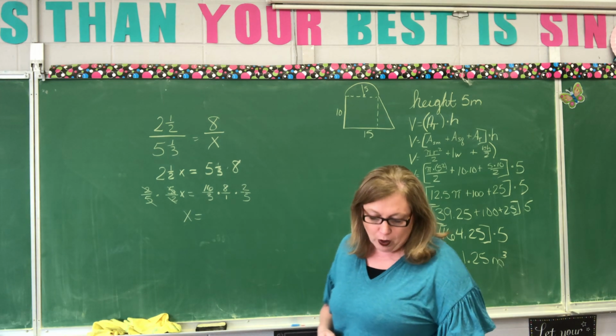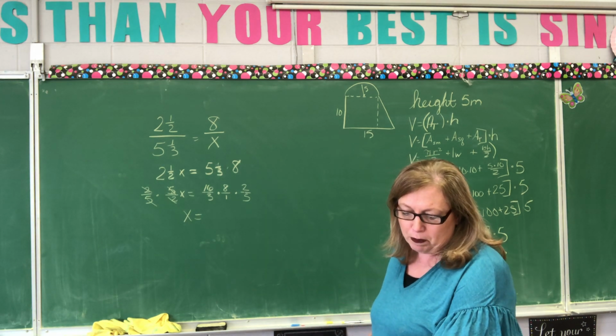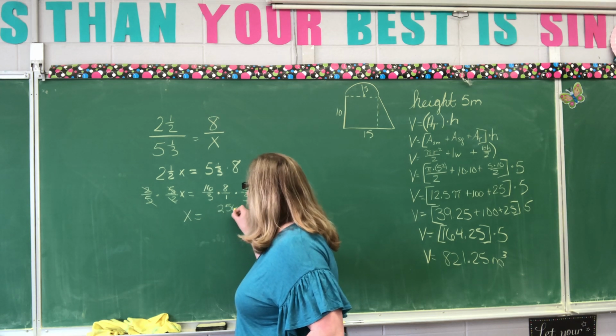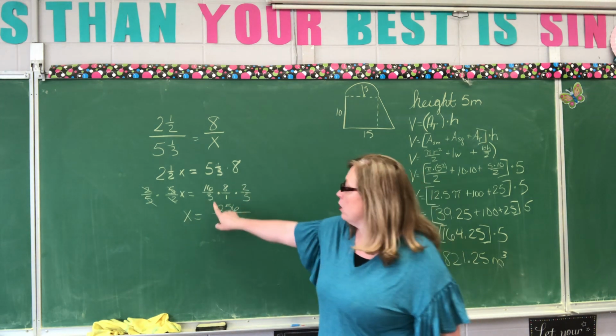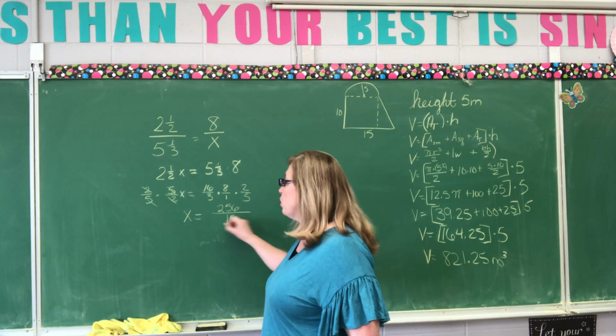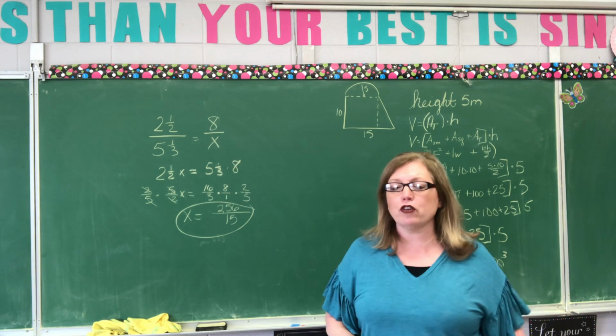Okay, now when I do them, I'm going to multiply and I'm going to get 256. What about the bottom? 3 times 1 times 5 is 15. Okay, this will not reduce, so 256